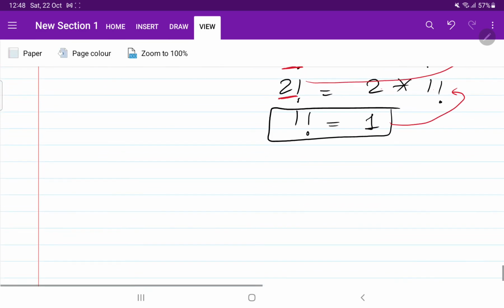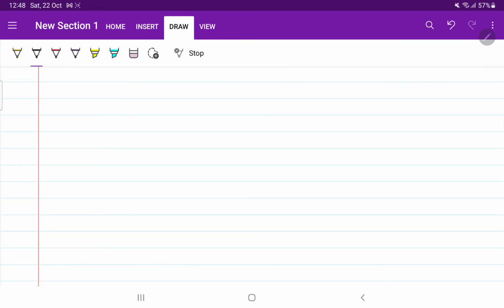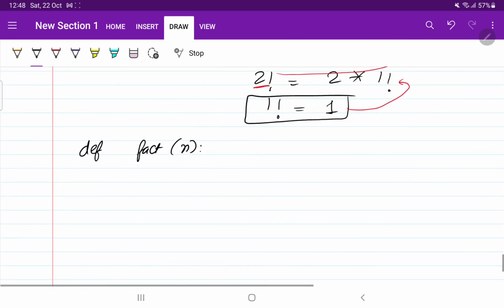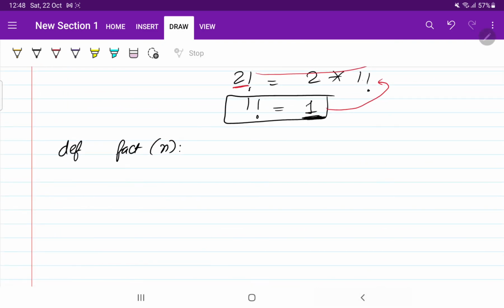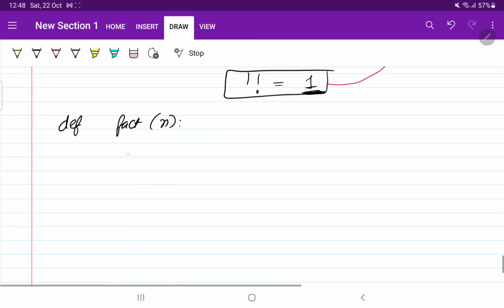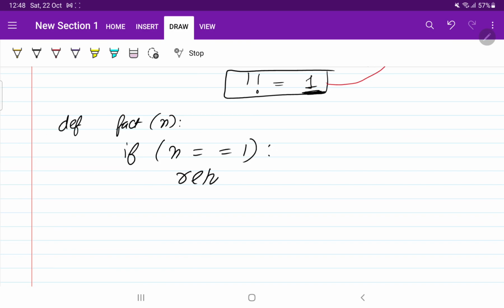So I will tell you how to write the code for this. Okay. If you didn't get how I have written the code, no issue. But just see what I have done. This is the define. Here we are going to write the function name. Okay. For recursive approach, we need the base condition. Base condition means how we are going to terminate this. So if n becomes 1, what we will do, we will return 1, because 1 factorial is 1. Rest of the time what we will do, we will return the function how we were doing.